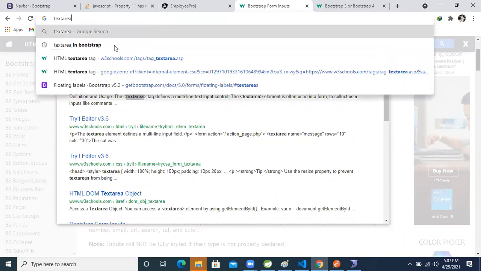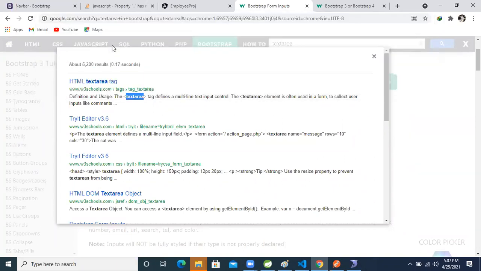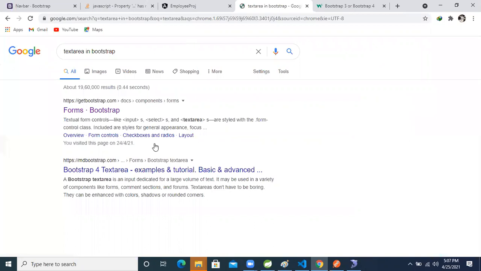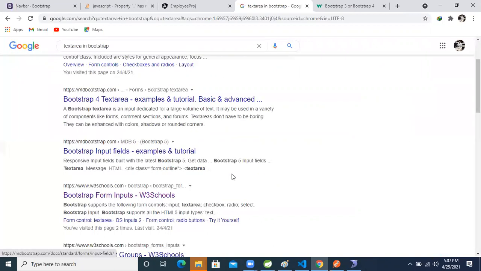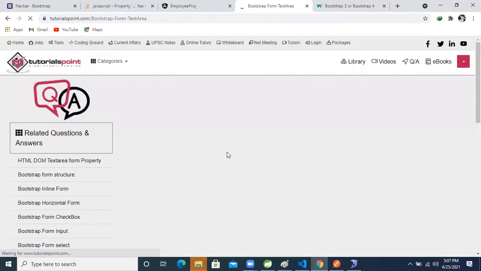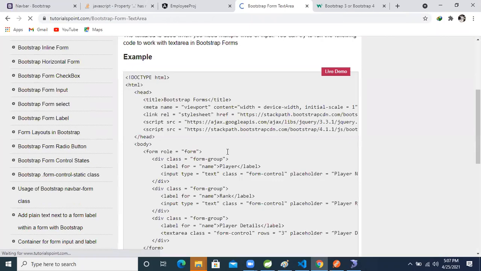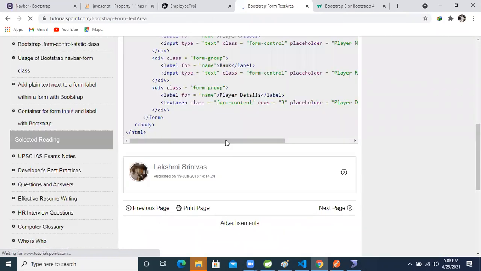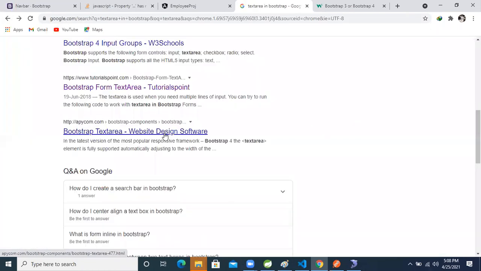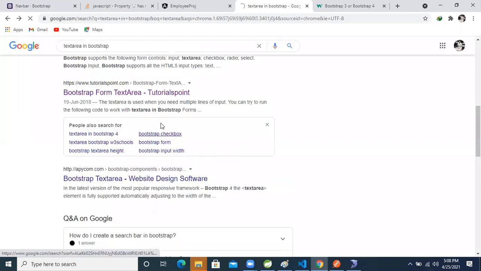Text area. I want to give a good view, right? So because of that, okay, leave it.